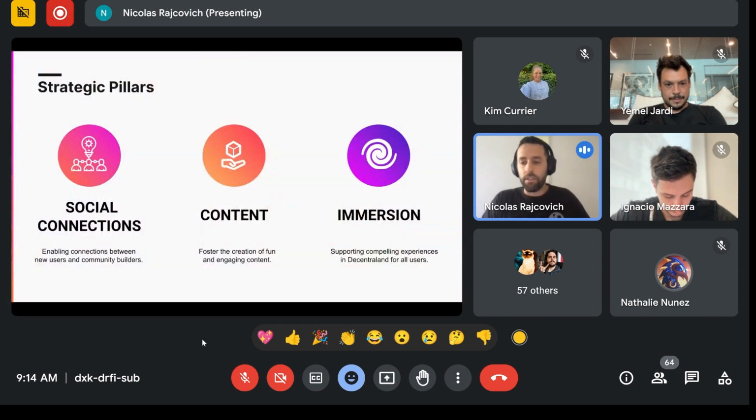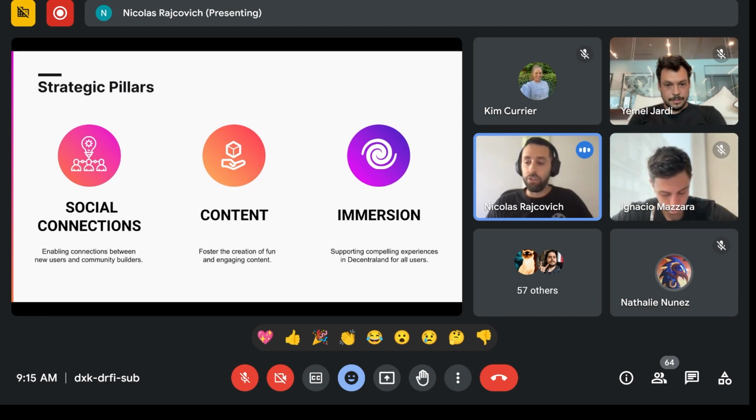We have 3 strategic pillars for cycle 1 and cycle 2, and these are the things we are focusing on right now, and this is helping us decide what is the best next thing to do for the platform. Everything that has to do with enabling social connections between new users, community builders, creators, and other players is something we are trying to boost with the features we have been releasing.